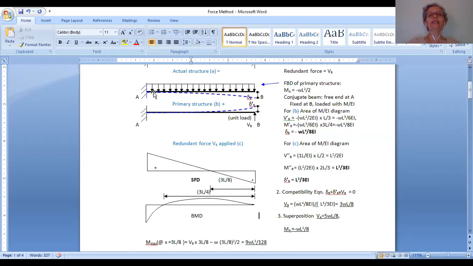But the advantage is that this being a redundant structure, if by chance the load is such that this moment exceeds WL squared by 8, what will happen? This support will give in. The support will not be able to take more moment, but now it becomes a simply supported beam. So when it becomes a simply supported beam, the moment here will be whatever it has earlier taken. So now additional load will not give rise to any moment.